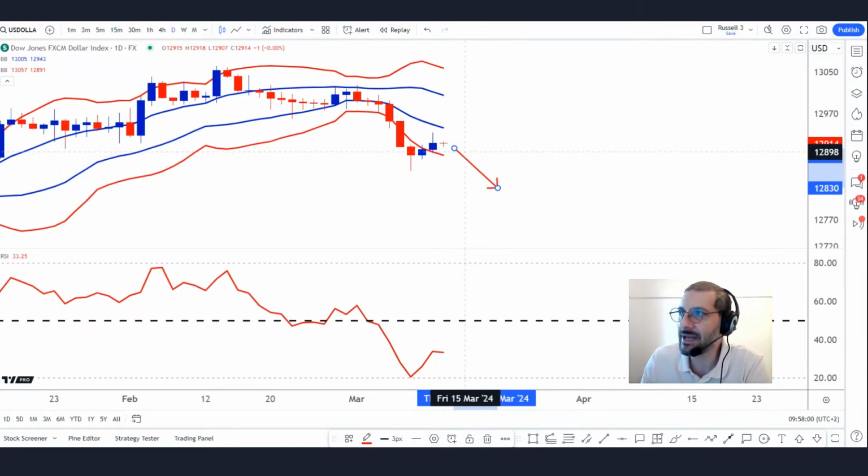On a shorter term basis. But take a look at this, Raj. We're in zone 3, whereas we saw SPX in zone 1. We saw NASDAQ